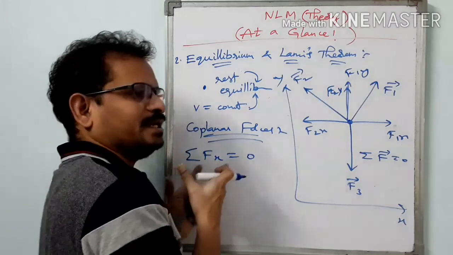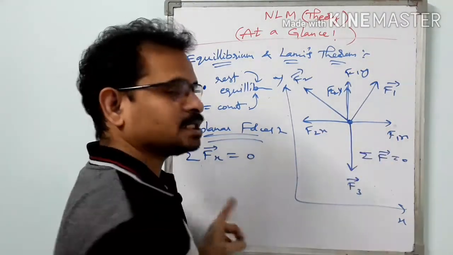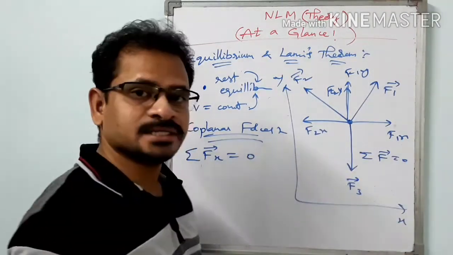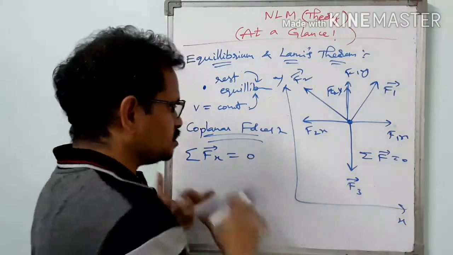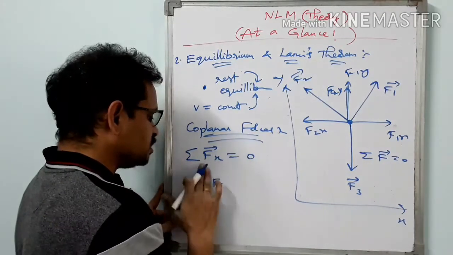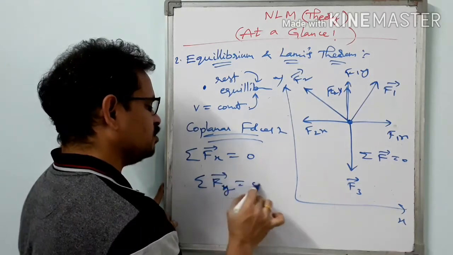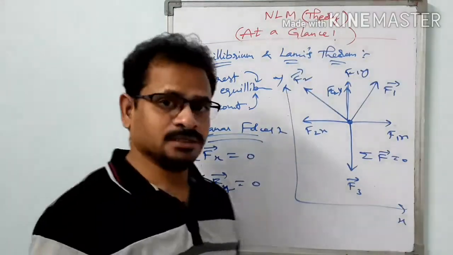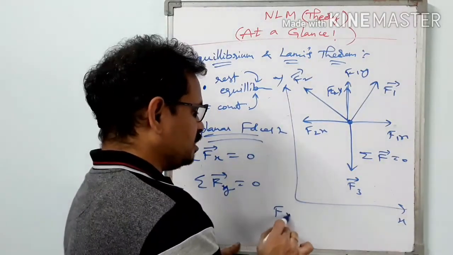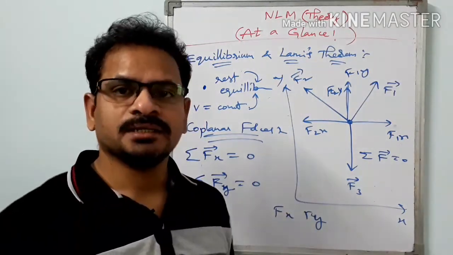All the forces along the x direction, Fx bar. See, if the forces are along the right direction, along the positive x-axis, take them as positive values. If the forces are along the negative x-axis, give them negative values. Okay, so the sum of all the forces is 0, and you can find the unknown quantity here. Similarly, the summation of all the forces along the y-axis, Fy bar, equals 0. Then we also write the equation, and we can find the unknown value. Finally we will get Fx and Fy, and solving that we can get the unknown force here.